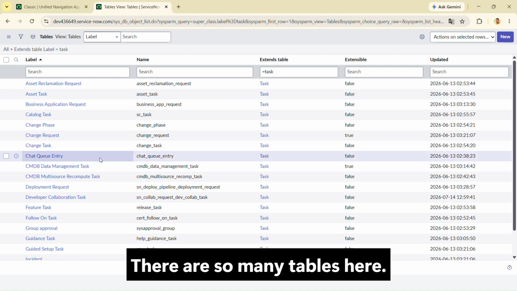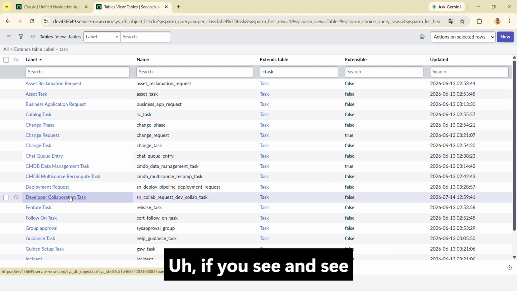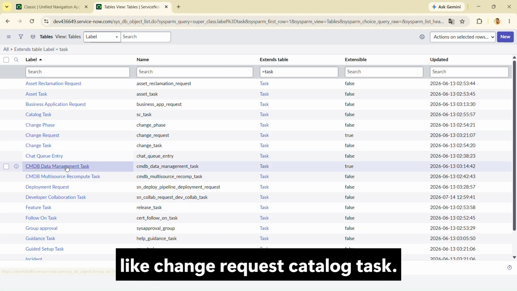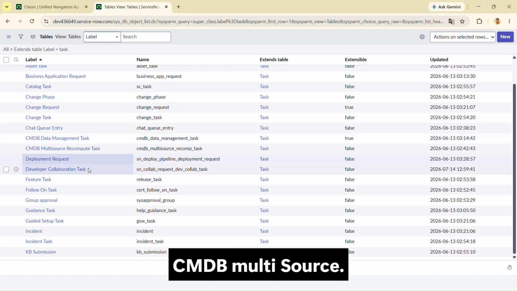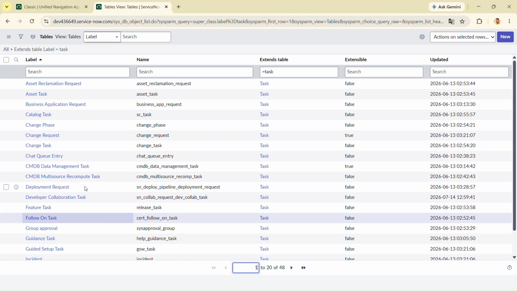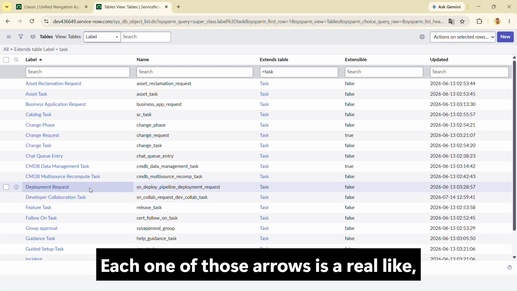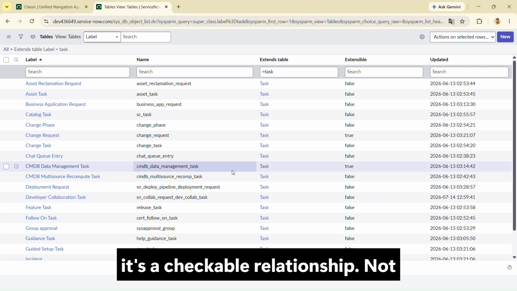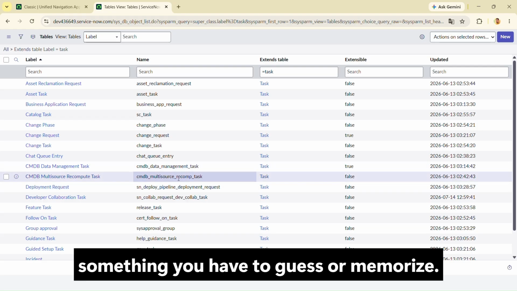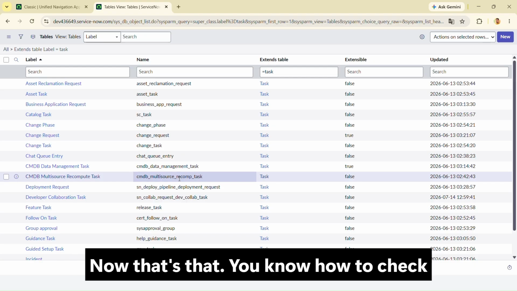There are so many tables here, like change request, catalog task, CMDB multi-source. Each one of those arrows is a real, checkable relationship, not something you have to guess or memorize. Now that you know how to check it,